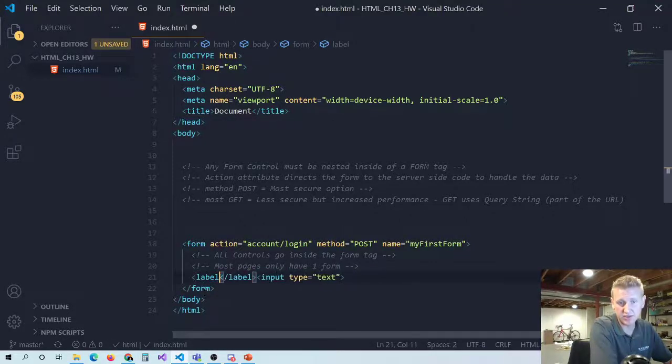and there's a couple ways of doing a label. This is the way that I prefer. You open a label tag,